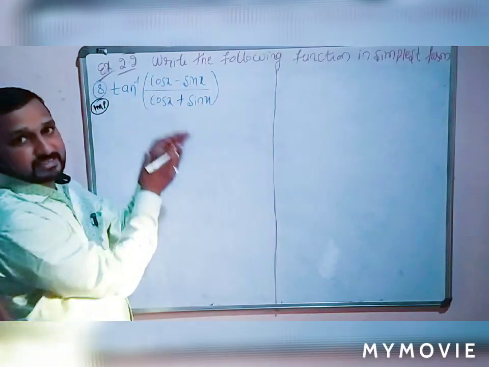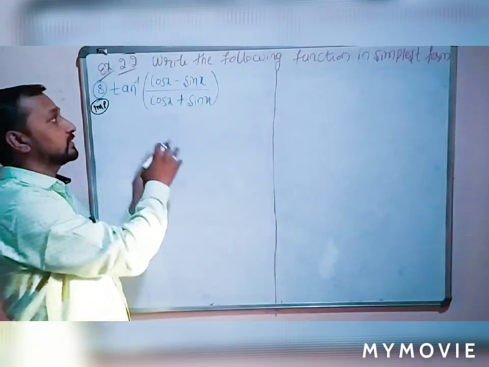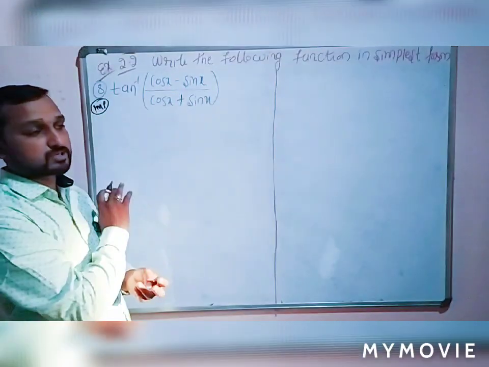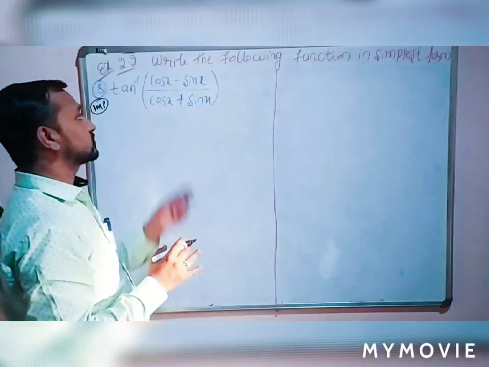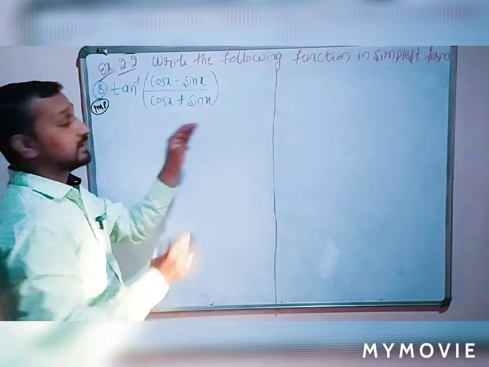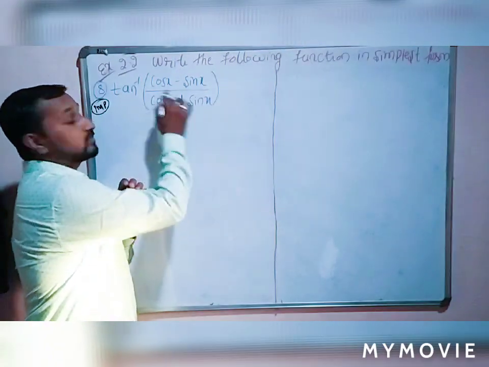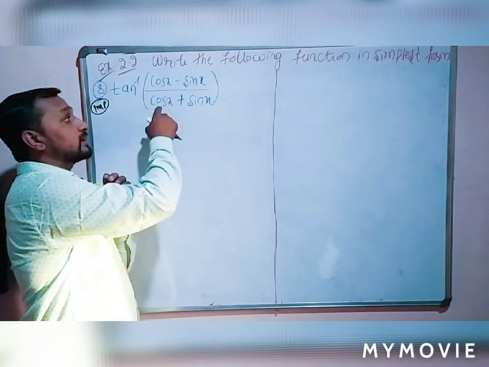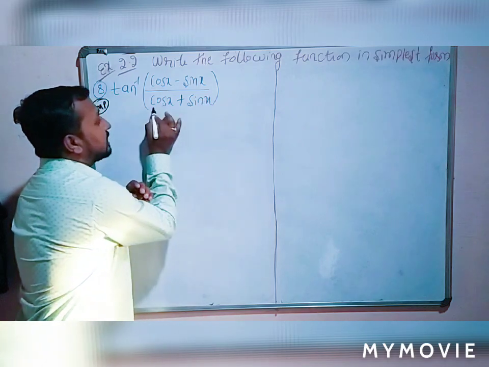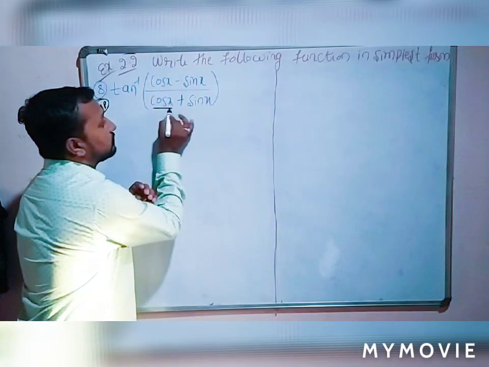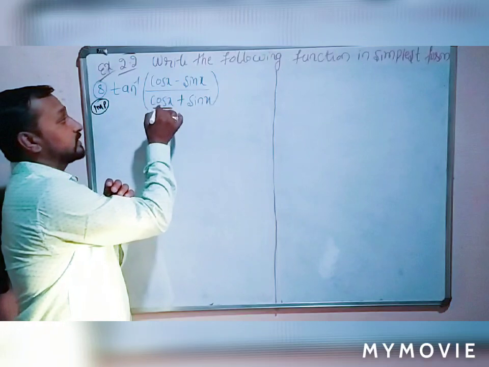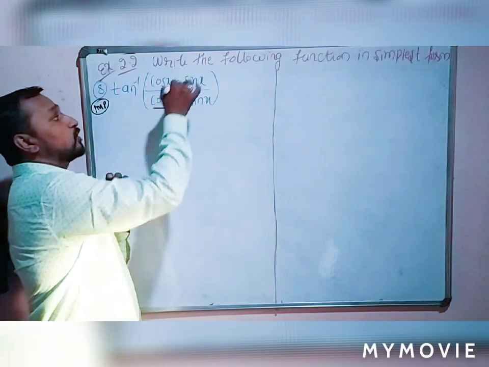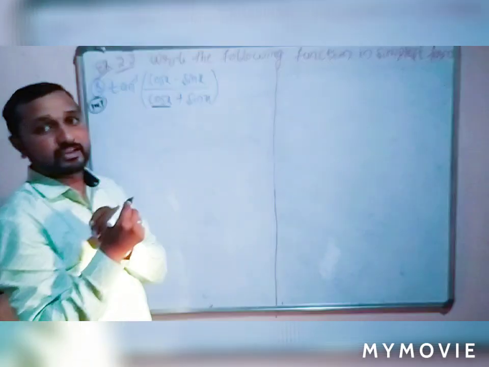Divide through by either sin x or cos x. If we divide by sin x, there is no tan x function here; cot x is there, and there is no formula for the cot function. So here, divide through by cos x. What is our formula? Tan inverse of x minus y divided by 1 plus x into y. Instead of cos x, we form 1. That's why we divide the trigonometric function, both numerator as well as denominator.